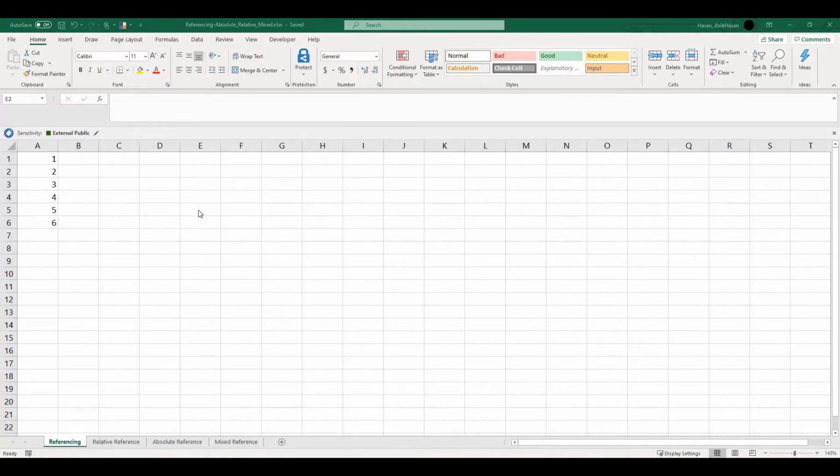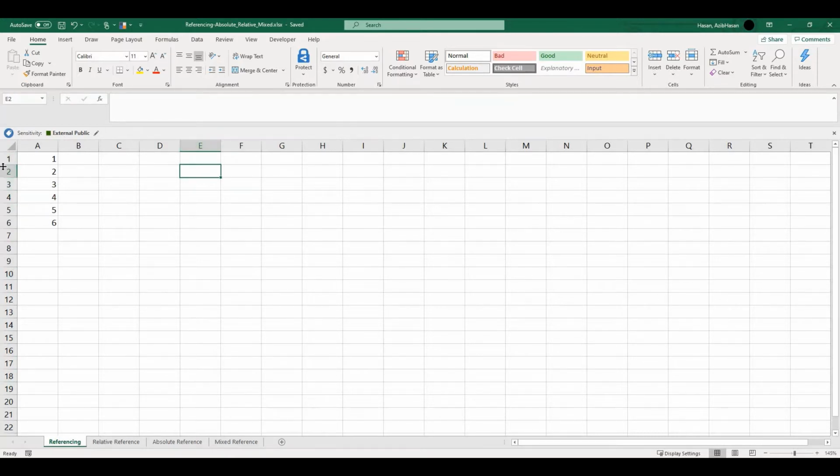So as we know in Excel, each spreadsheet is divided into various little elements called cells. Each cell is referenced by its column letter first and then its row number. If I hover over the top left corner here, you'll see it shows E2. That means it's in column E and row 2, right?